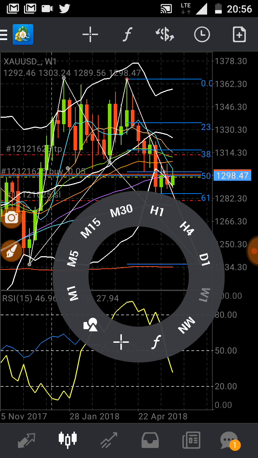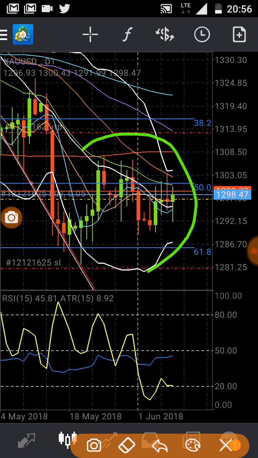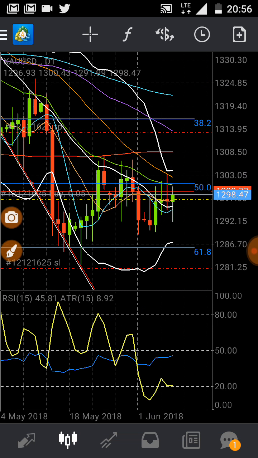Why? Because over the past few days, as we can see, gold has been consolidating. So right now gold is in consolidation. That average price movement really wasn't for me on the gold, and I was like, okay, cool, man, if